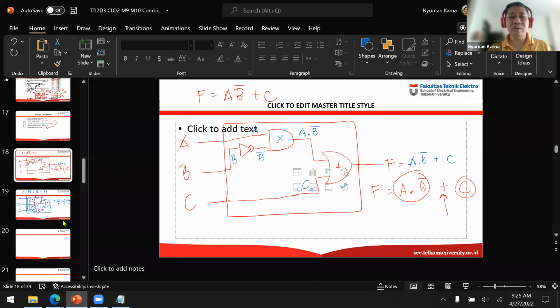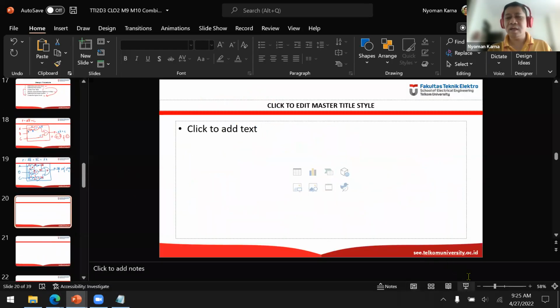Now, we're still waiting about the Tinkercad. Let's try to discuss again. How can we substitute a specific logic gate into NAND gate?